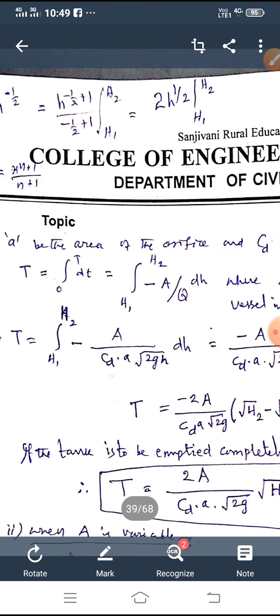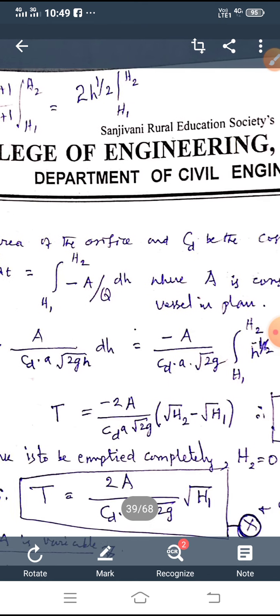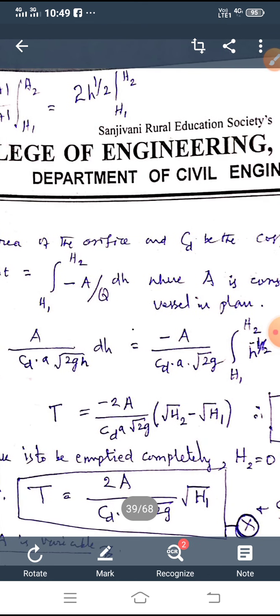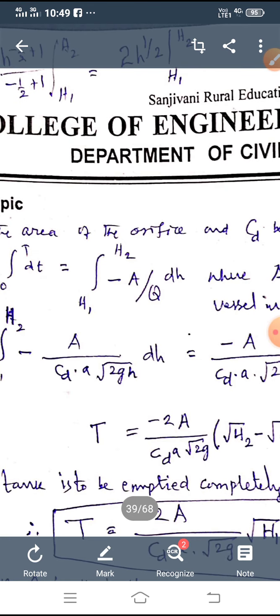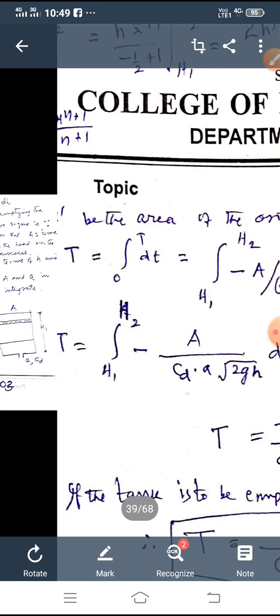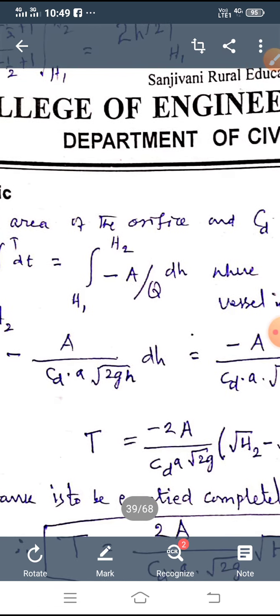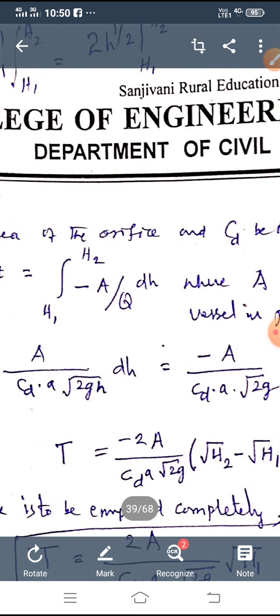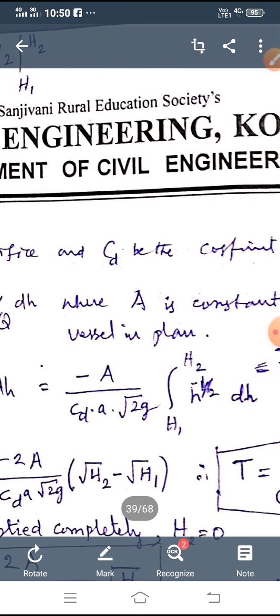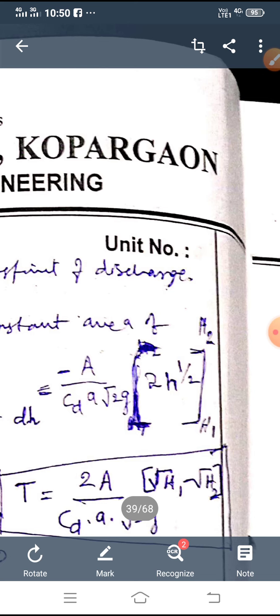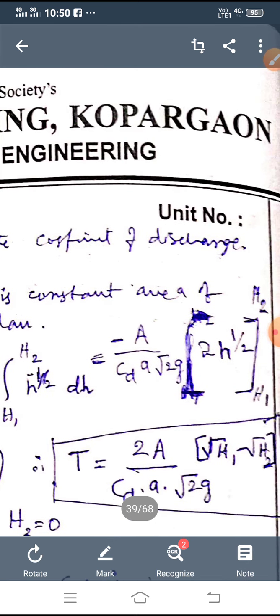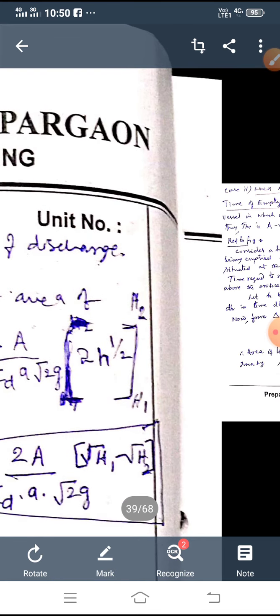Capital T is equal to integral 0 to t dt, which is equal to integral H1 to H2 of minus A by Q dH, where A is constant. Now we can substitute the value of Q in terms of small a, Cd and height H above the device. That's why capital T is equal to integral H1 to H2 of minus A upon Cd a root 2gH dH. If you simplify, you will get, after integration, minus A upon Cd a root 2g, multiplied by 2H to the power of half,